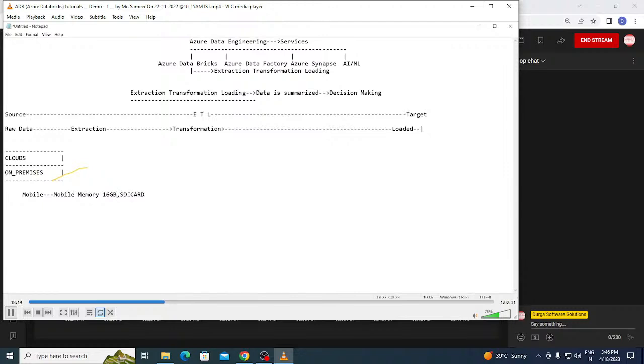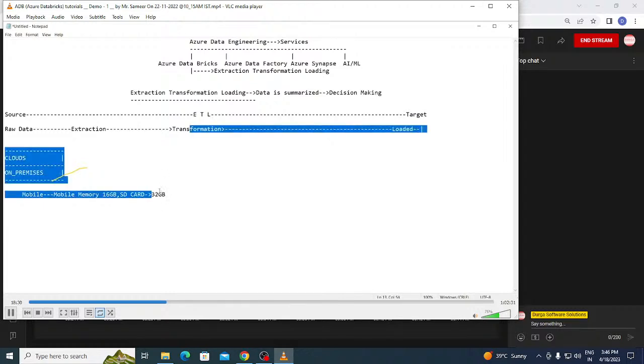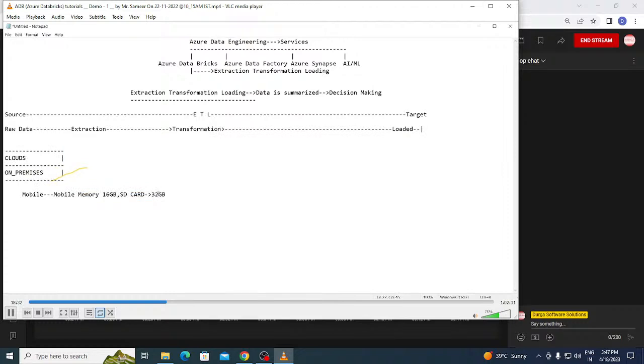Whereas if you want to store more, say 32 GB more, we buy an external SD card and put it in the mobile phone, and from that point onwards you can use this memory of 32.